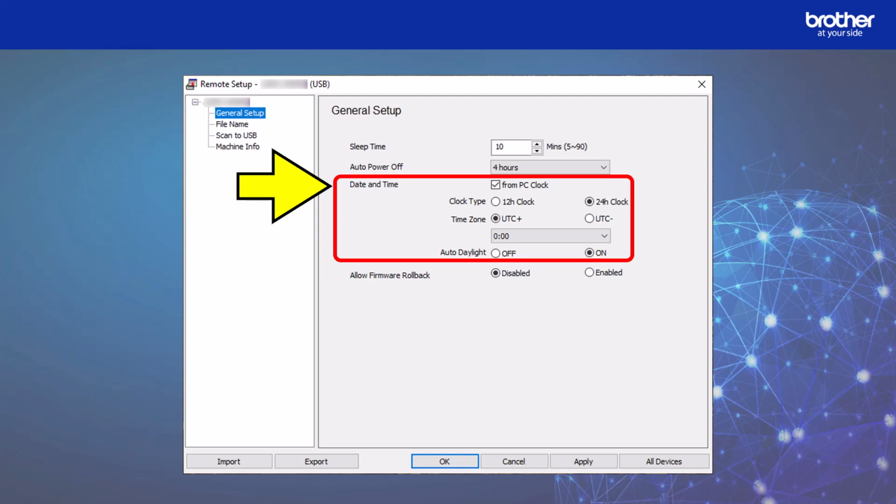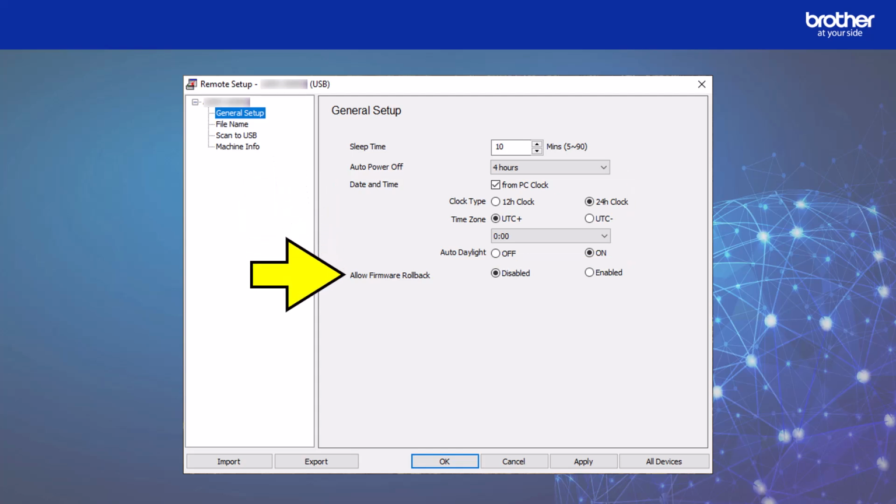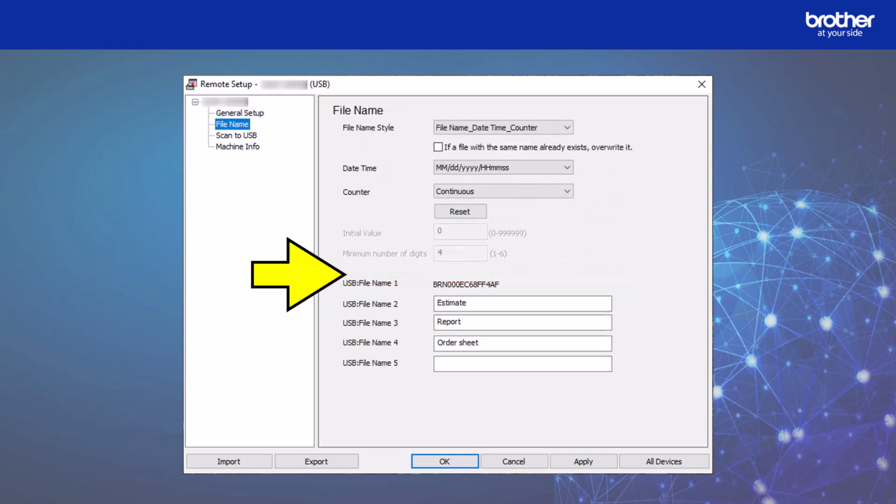As we are setting up locally connected devices, we need to select the From PC Clock option. There are a few other options you can set up within this section. Next, we're looking at Allow Firmware Rollback. Here you have the ability to disable and enable firmware rollback by selecting the relevant options.